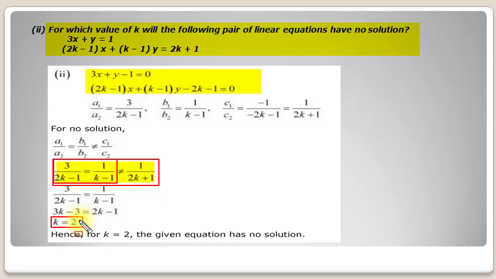So first, you can find the value of k by taking these two things equal, and then after finding the value of k, you can put it in this whole expression. Actually, we should not say equation, this is a particular expression in which you can put the value of k, and you can check that the first two expressions will be equal to one another and the third one will not be equal to this. Okay, this is for your understanding purpose only, but here we only have to find the value of k. So we have found the value of k as 2.